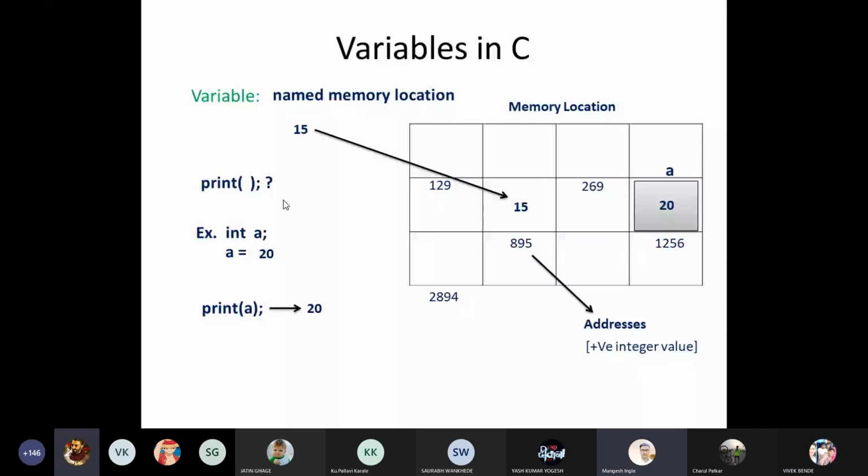Sir, access means we cannot tell the computer to save a specific number at a specific location? Yes. We can just say save this number. We cannot mention that specific location. You can say only save this number into that identifier, into that variable. Only that you can say.